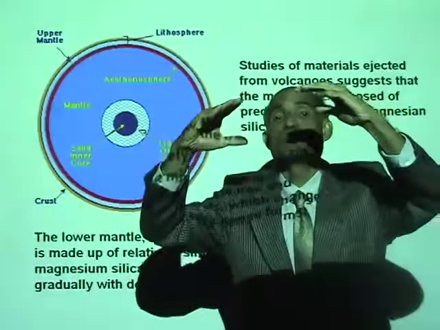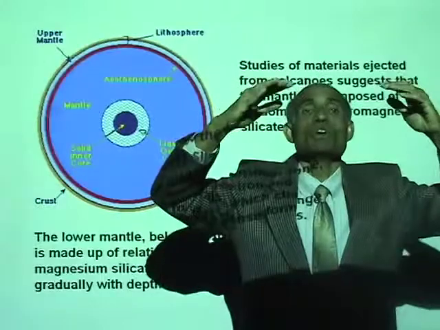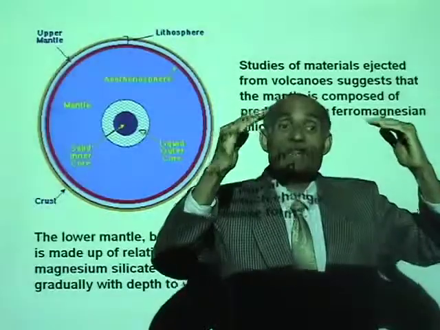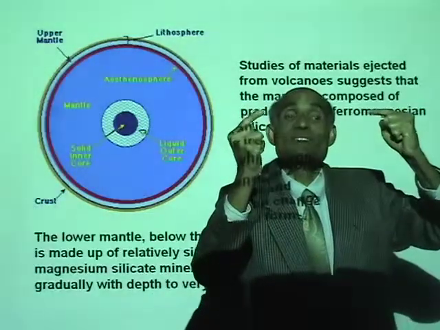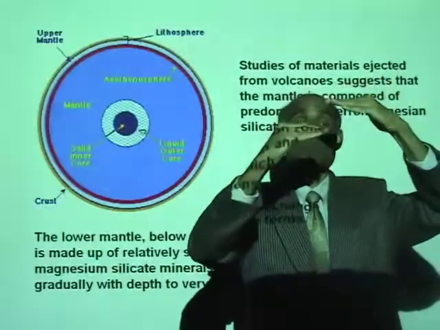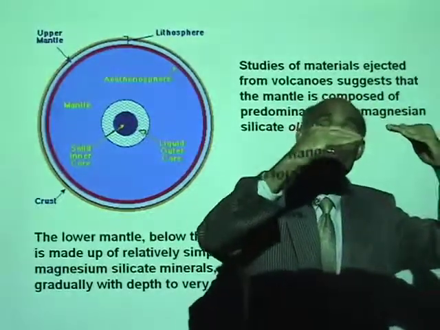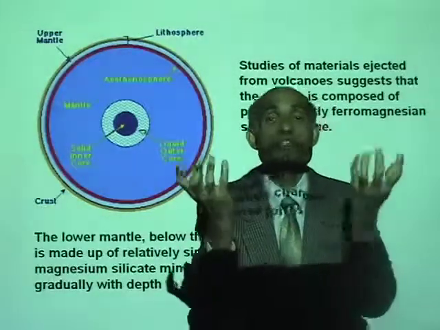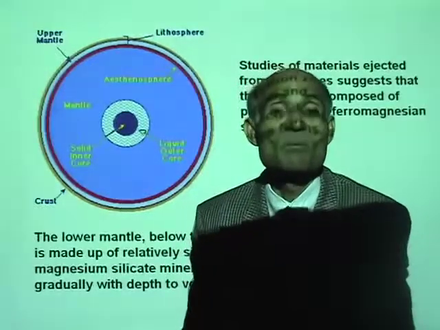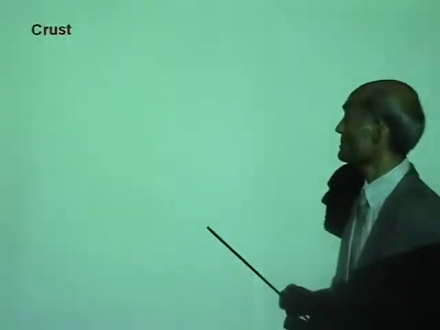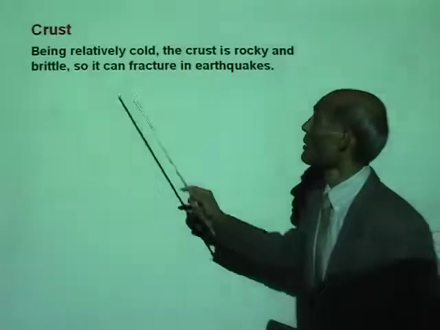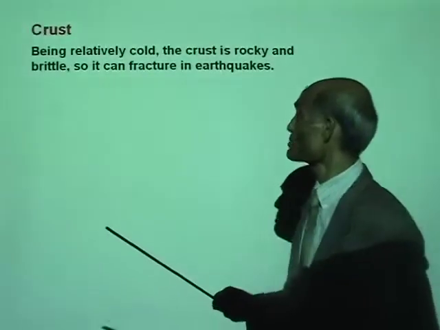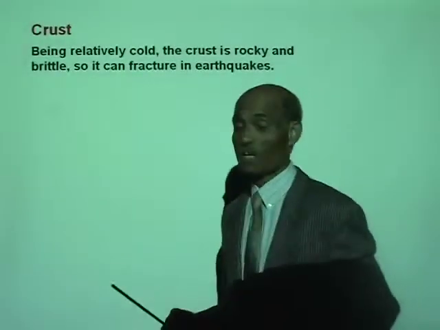state of motion. The convection currents will make the mantle move slowly. What does that mean? The crustal plates, the tectonic plates, are actually carried by the upper mantle, so they are also moving. Now look at the way the earth is a dynamic object, continuously being shaped and reshaped by what is happening inside the earth. Alright, so being relatively cold, the crust is rocky and brittle, so it can fracture in